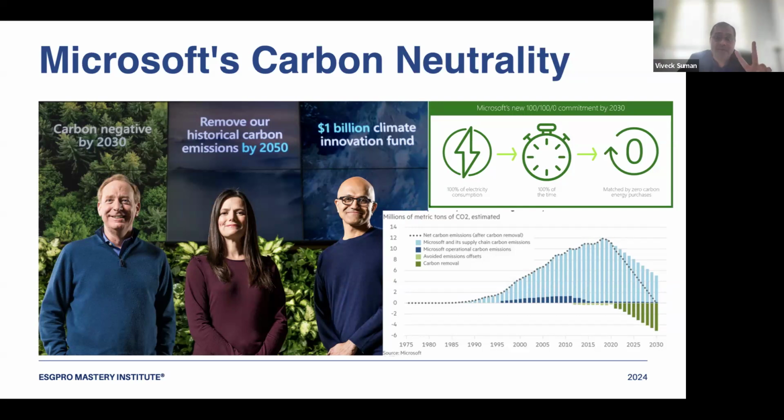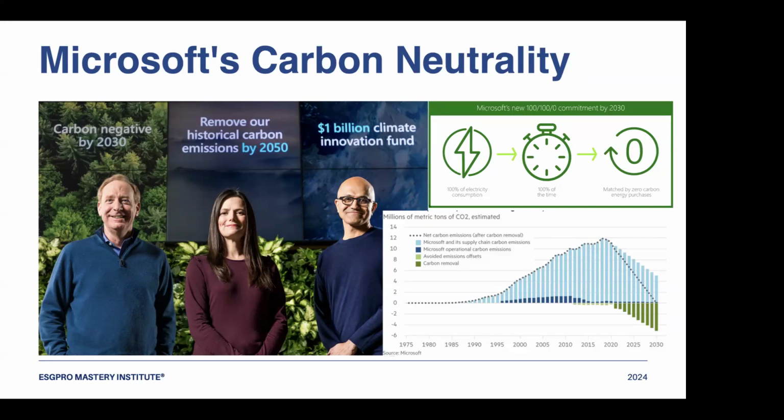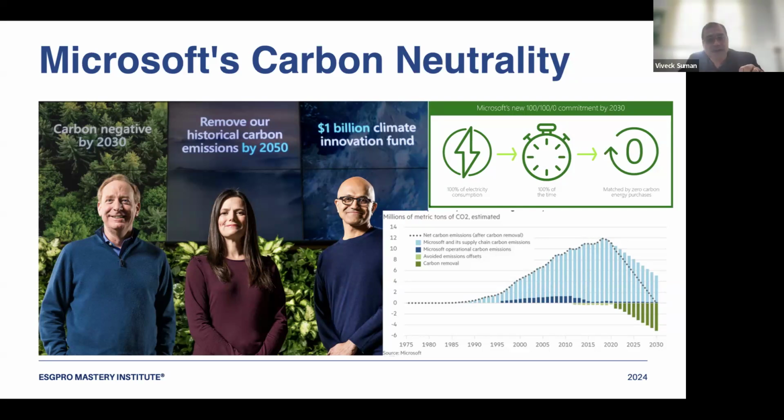Point number one. Point number two, you see the dark blue lines. These are my own, Scope 1. That is their emission. Now, the moment you start compensating this emission with green energy, the green line starts showing. Green line is carbon removal or avoided emissions. Avoided emission is the slightly less dark green in the middle, between 2015 to 2020.